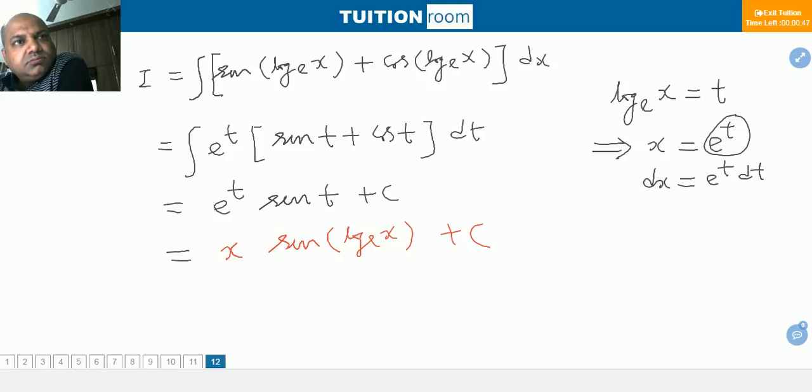Suppose we have to solve the value of the integral of log base e x plus 1 by log base e x, whole square, and dx. We will substitute log base e x as t. What we will get here from the logarithmic property is x equals e raised to power t, and dx is e raised to power t dt. Now our integral becomes